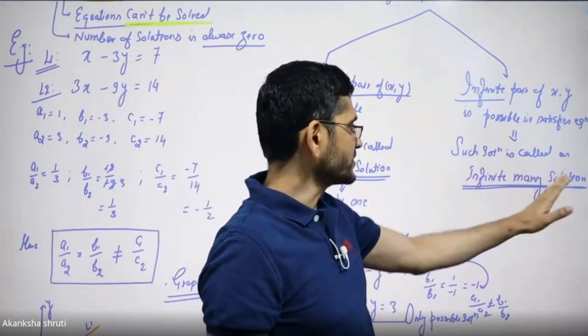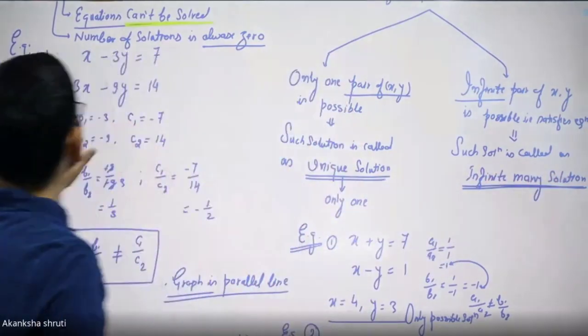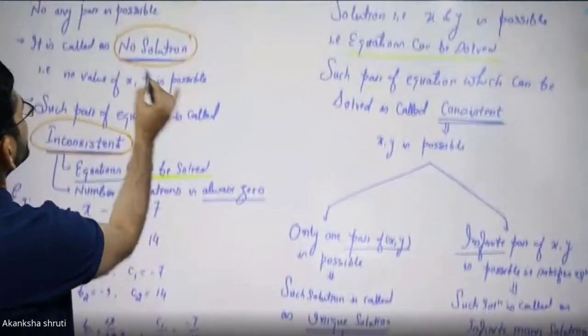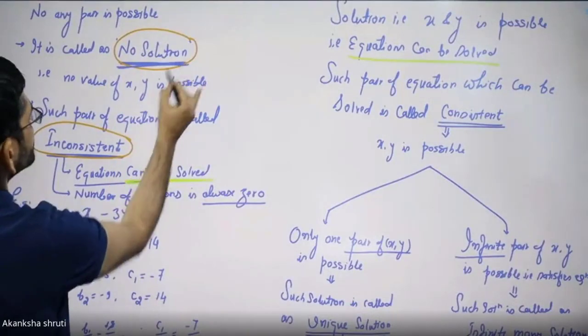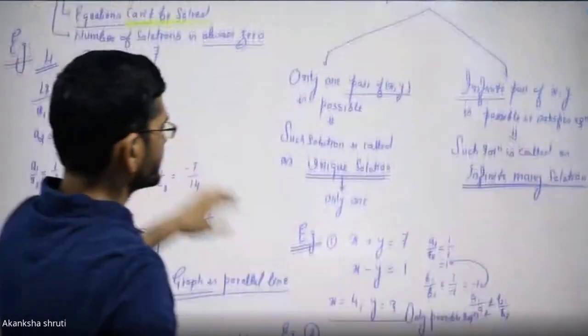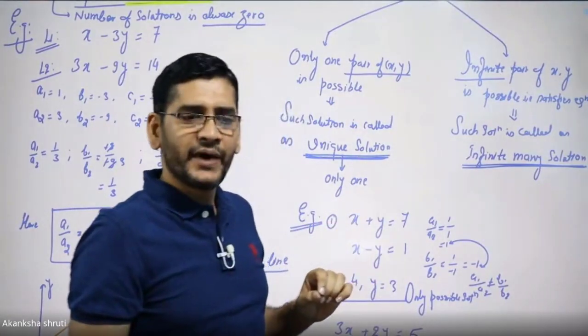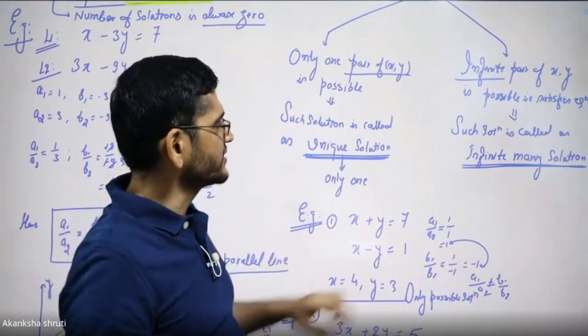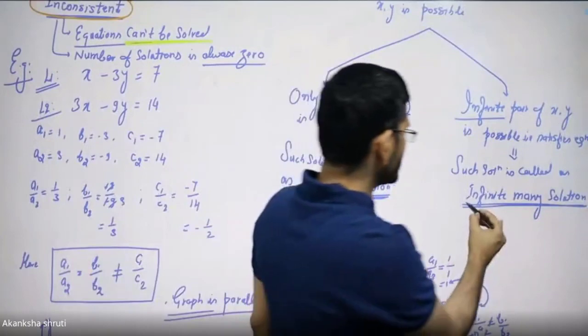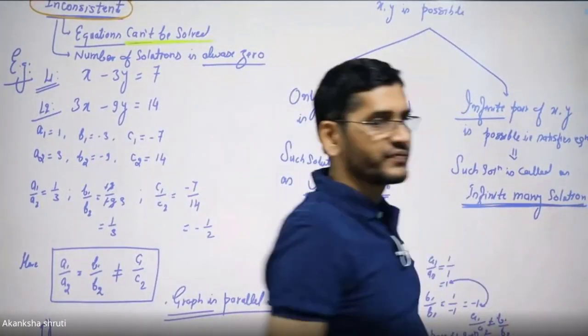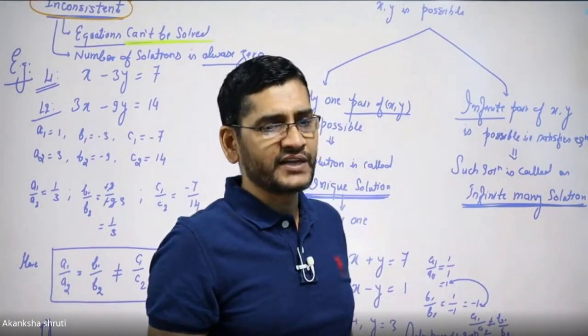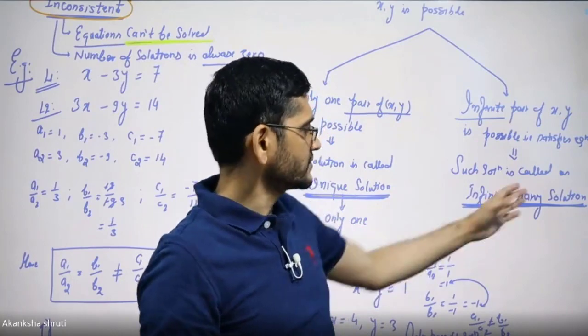So these are the three kinds of solutions that we have listed. Students, no solution: the two equations cannot be solved. Unique solution: the two equations can be solved, but only one pair of x and y is there. Infinitely many solutions means more than one pair of x and y is possible, and this is possible only if